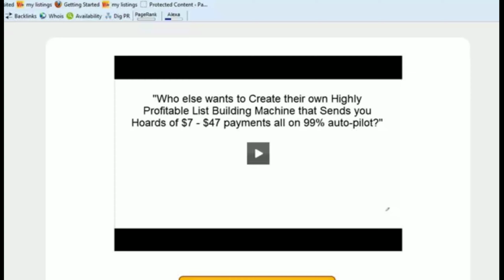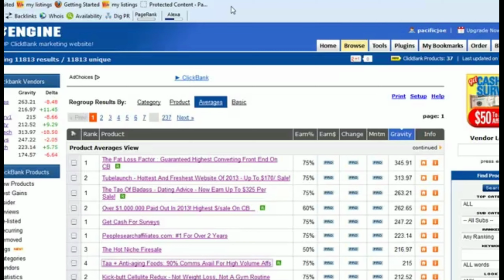Now, the next tip I'm going to give you is we're going to go over to CB Engine. Now this is a killer tip. What I just said to you a few moments ago about how to reverse engineer what is currently working and why video sales pages definitely do work, well, this is proof that they definitely work. If we go up to ClickBank,